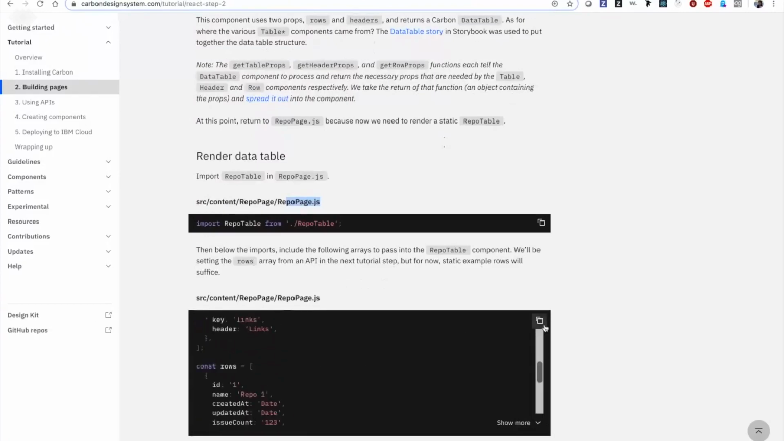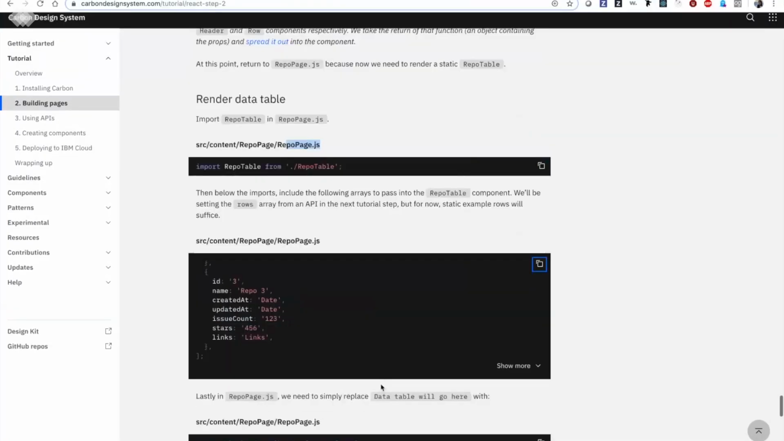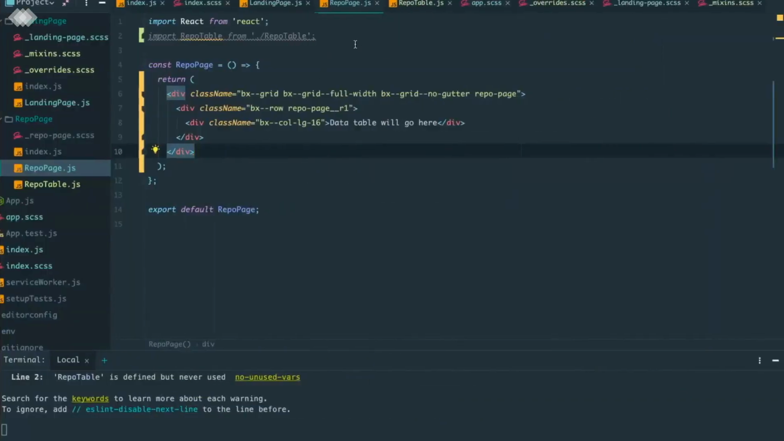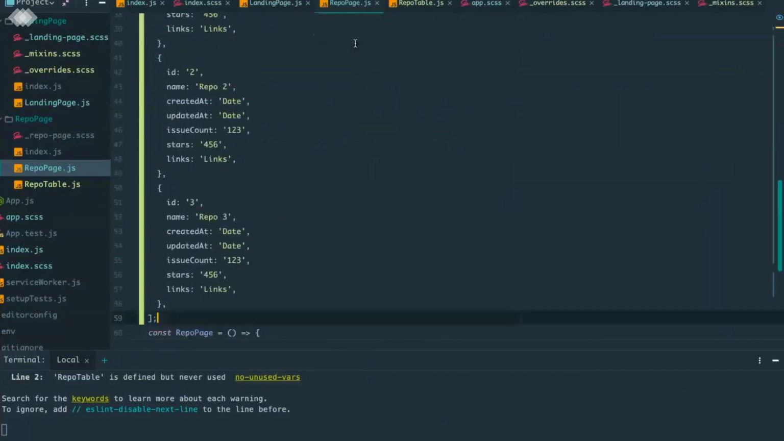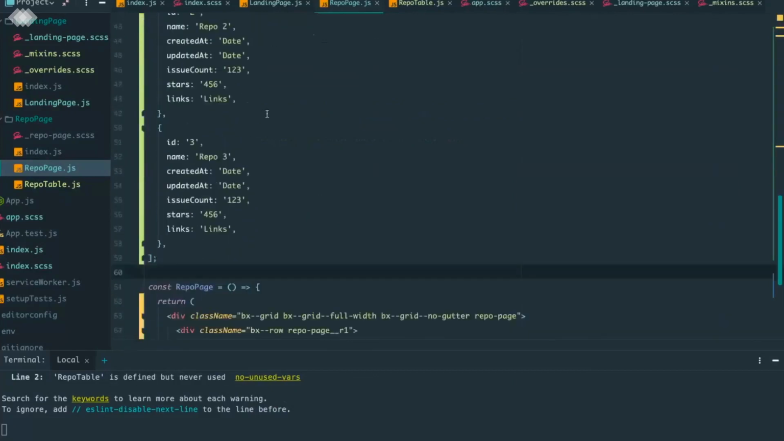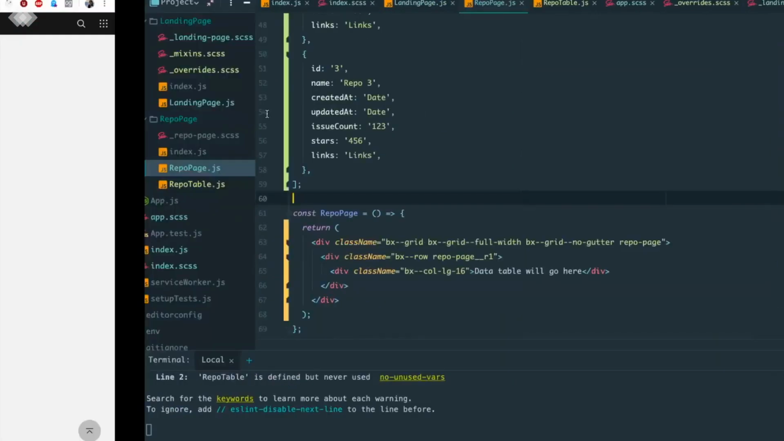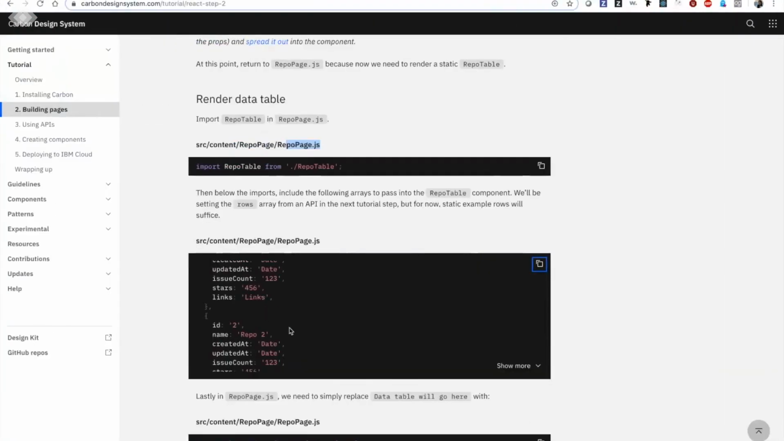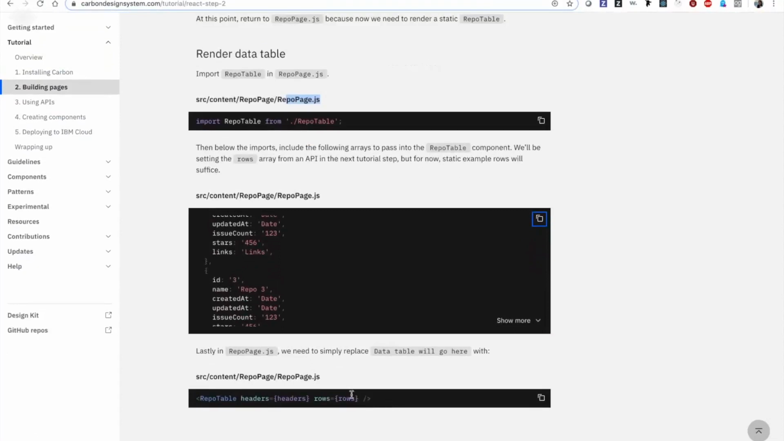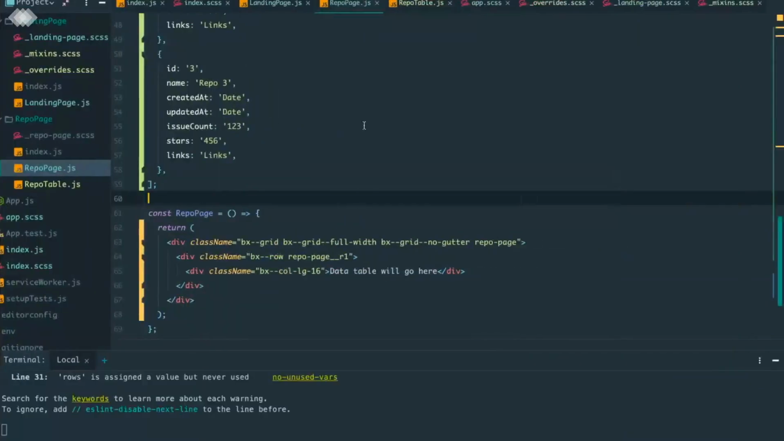Okay, so we'll be copying all of this and adding it to our repo page below the imports. Lastly, in repo page.js, we need to simply replace data table will go here with the repo table. Awesome. Okay. So within our repo page,